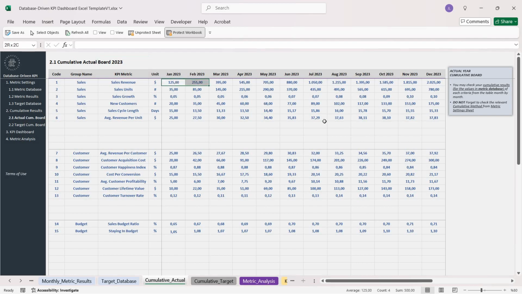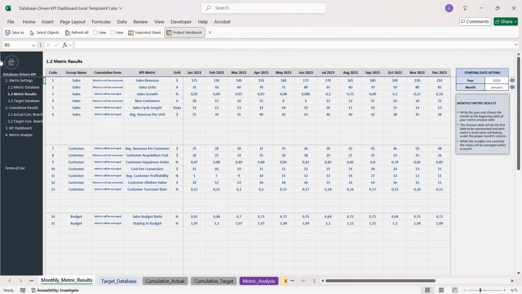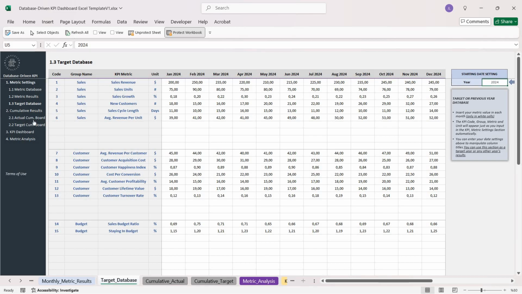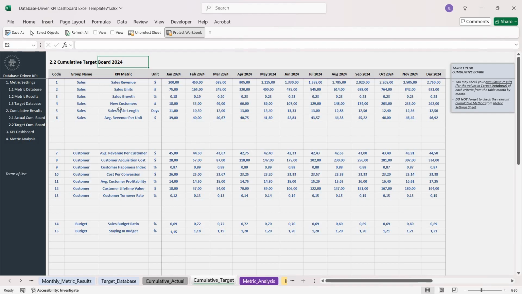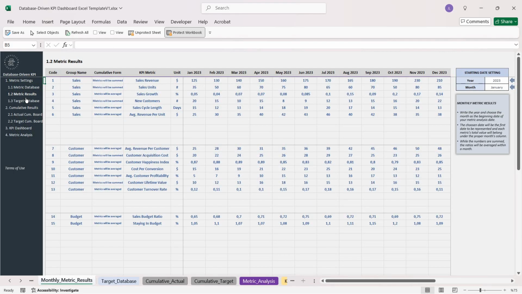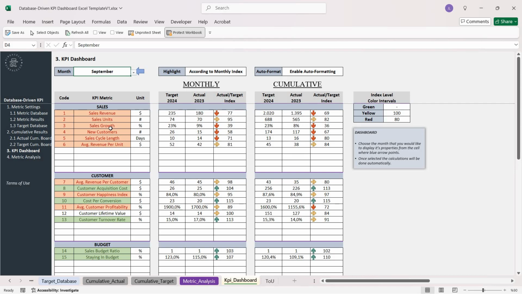This is the 2023 and this is for 2024. Once you choose the years in this section, the title in these places will change according to the year that you input. Once you're done entering your results in this section and also entering your target values, now you can compare and analyze your metric results. On the KPI dashboard section, you can easily see the values for the target and also